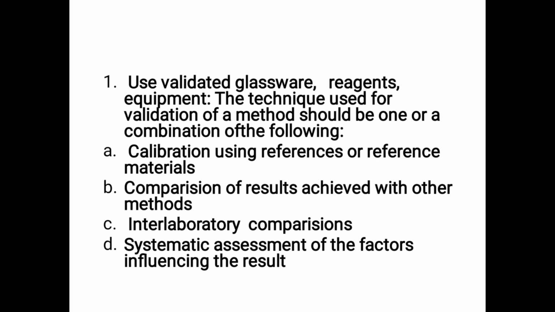What are the reasons? Unvalidated glassware, reagent, equipment may cause problems. So use validated glassware, reagent, equipment. Validation is usually done by the company people. They check the instrument on a six-month or yearly basis. Calibration using reference standard material: we can also calibrate with standards. Standards means, suppose for blood glucose the company provides a 100 milligram standard with preservative, so we are supposed to get 100 milligram. If it is off here and there, we can calibrate using the method and make it 100.